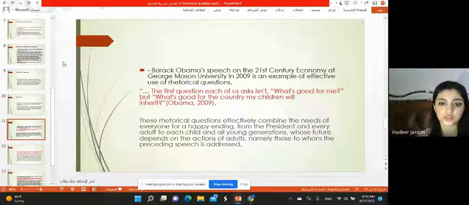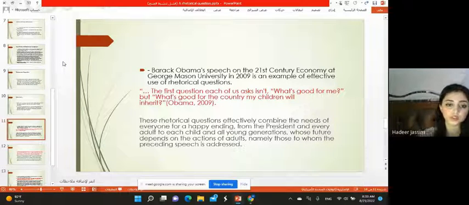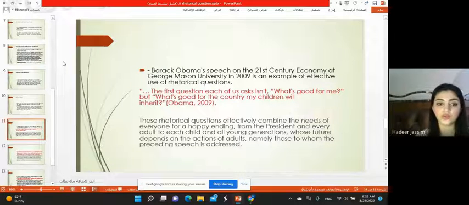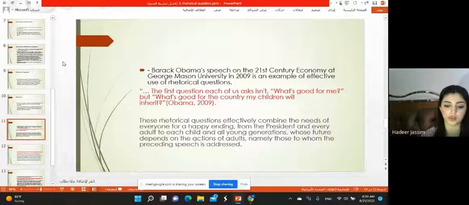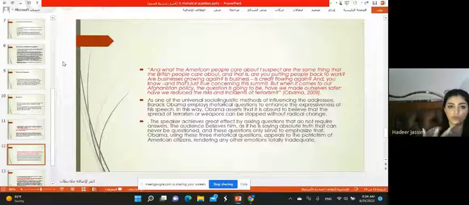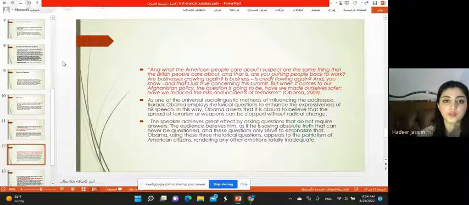These rhetorical questions effectively combine the needs of everyone for a happy ending, from the president and every adult to each child and all young generations whose future depends on the action of adults, namely those to whom the preceding speech is addressed. And another example, when he also mentioned,